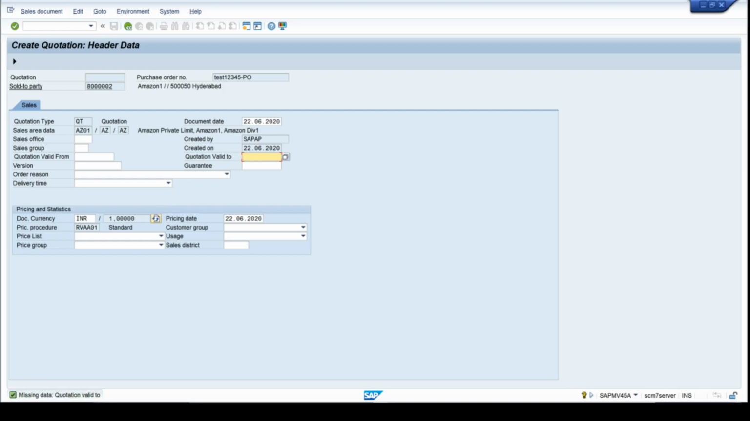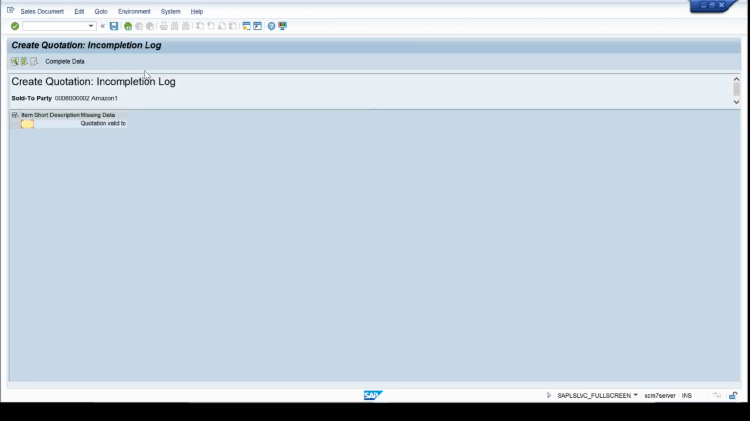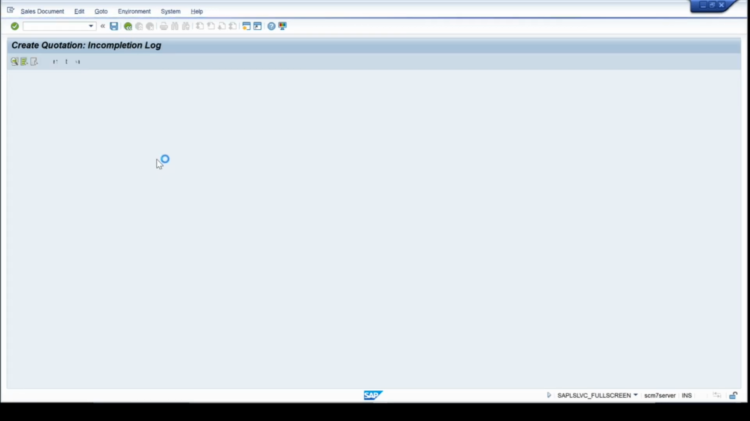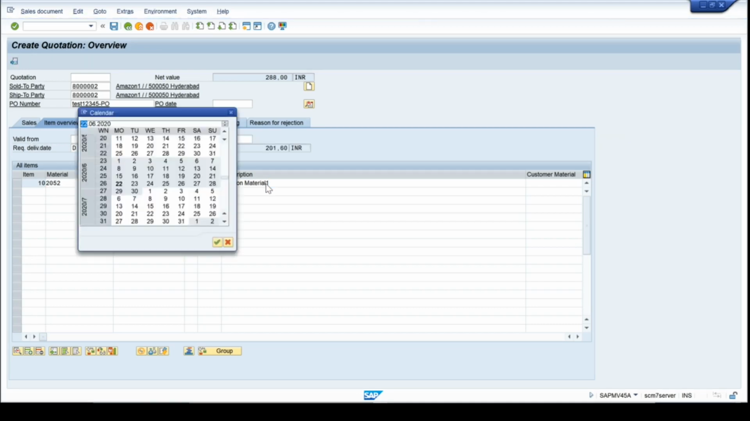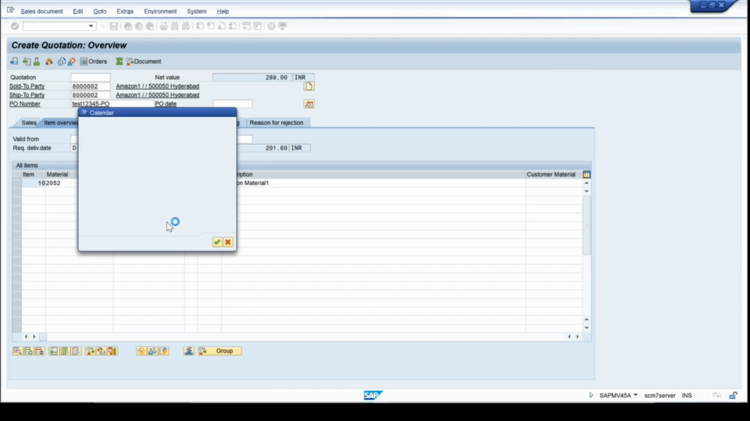So it's saying that valid to is needed for the quotation. I need to do this at the header level. Either I can do it from here, or let me show another place. Look, this is valid from and valid to. So this is valid to. So I'm going to make this valid to